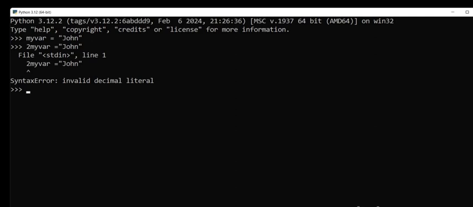Hi friends, in the previous session we have discussed how to install Python interpreter in your Windows PC or laptop. In this session, we are going to discuss